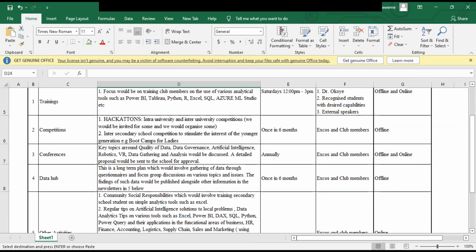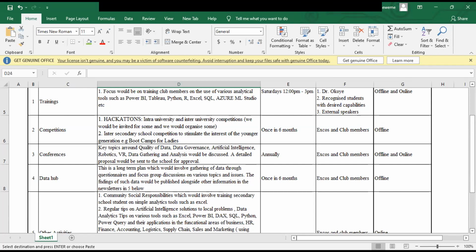So Francis was telling me about the possibility of a data hub, that we could be a repository of certain types of data. We are the ones that will decide what types of data we want to become a repository of, and then gradually, steadily, we'll be gathering it. It's going to take a while. As he said, it's a long-term plan.